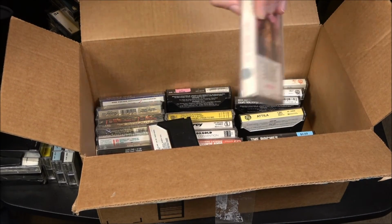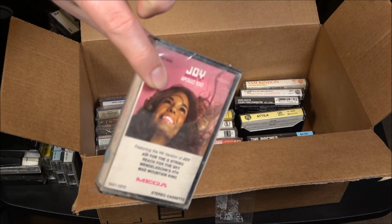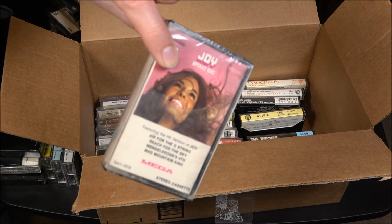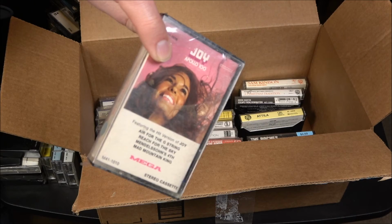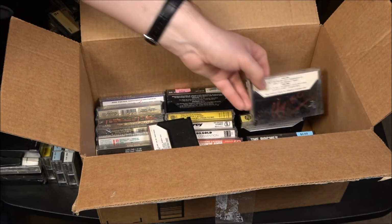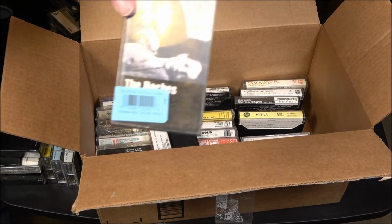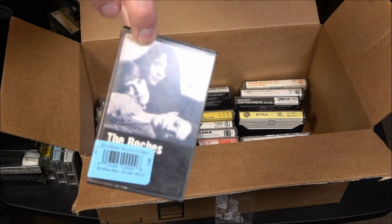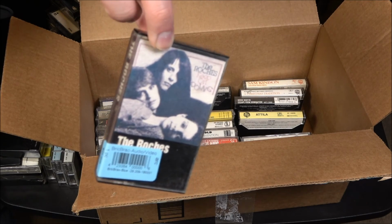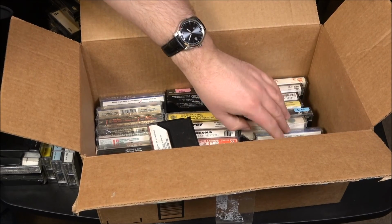Some novelty music that I just never opened. Apollo 100, Joy. The synth-driven rendition of Jesu, Joy of Man's Desiring, which you normally hear around the holidays. A lot of holiday references today. The Roaches, I've already got their first one on vinyl and CD, but just haven't gotten around to taking care of that one. And